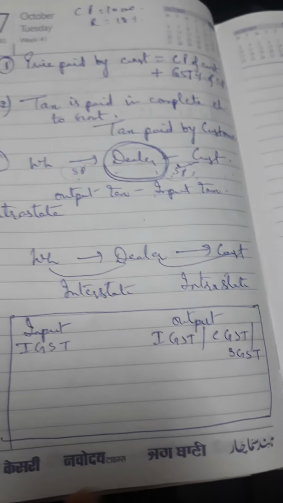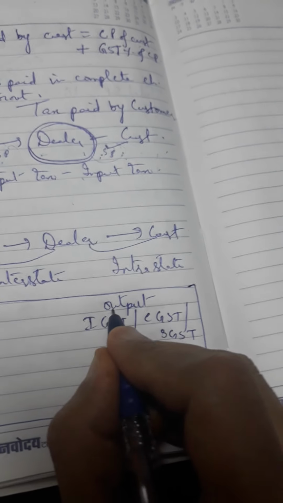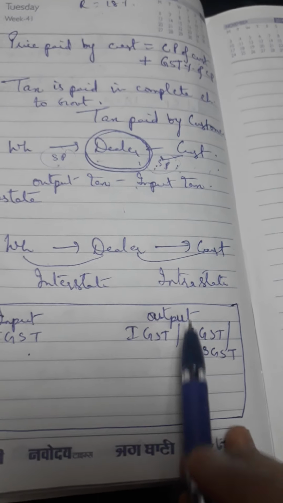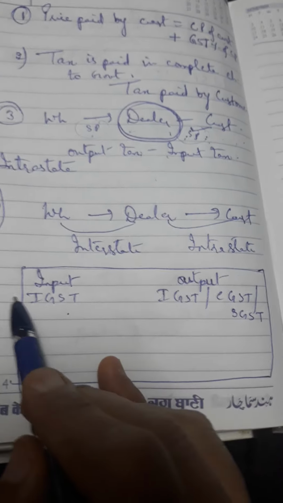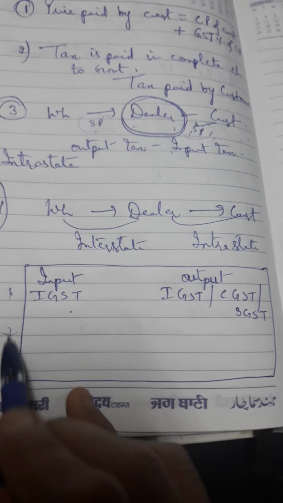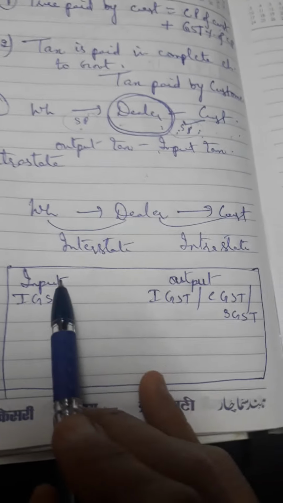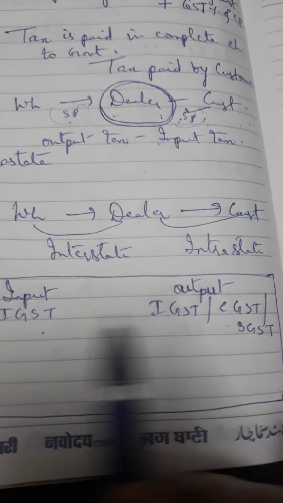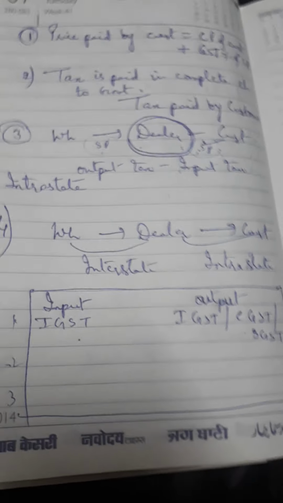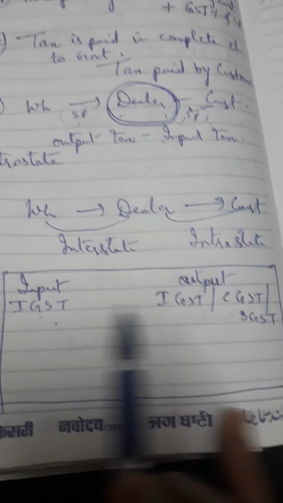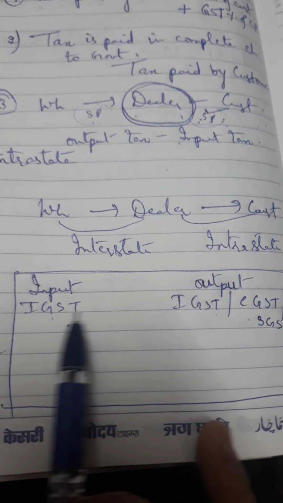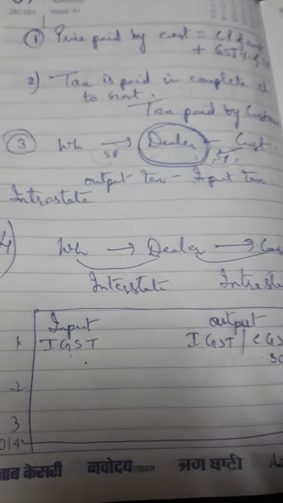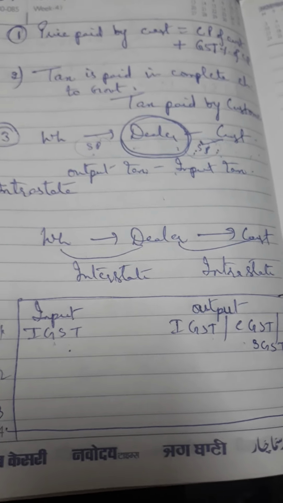I may be wrong because I'm just taking an example. I'm just telling you that suppose it's like this. It's written input IGST, output. In this type of table, 2-3 points are given: 1, 2, 3, like that. This means, how to understand the table that I am showing you, these values can be different also. Have you understood? Everybody has got it. These values can be different in the table. I do not remember the table, I am just writing the values as it is. But how to understand the table, that I am telling you, so that you can proceed with the questions of